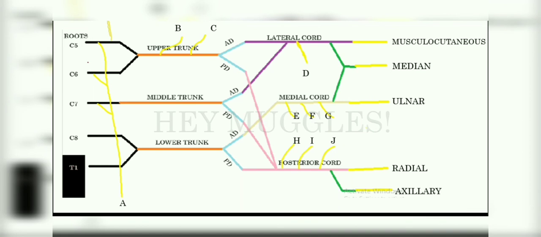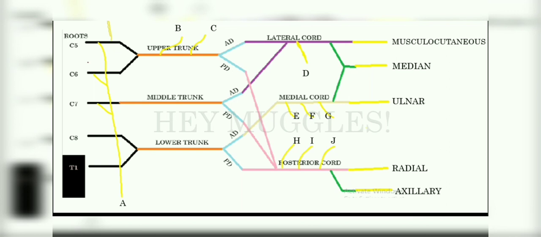Next is your radial nerve. The radial nerve supplies the extensor compartment of your forearm, both the superficial muscles and the deep muscles, and all 3 heads of your triceps muscle. The last key branch of brachial plexus is your axillary nerve, and it supplies your deltoid muscle and teres minor muscle. So we'll discuss all these key nerves in detail in a separate video.